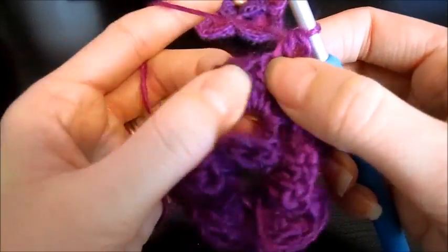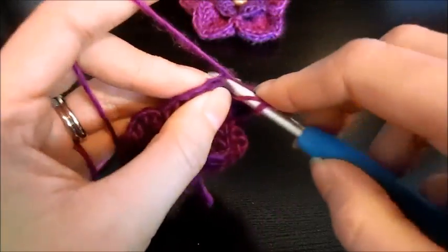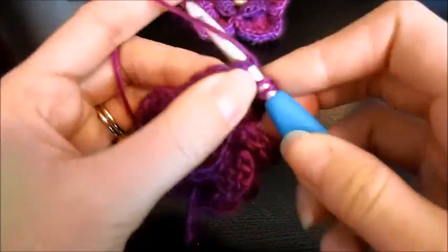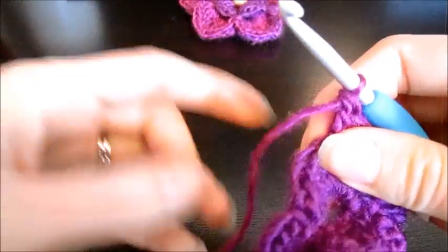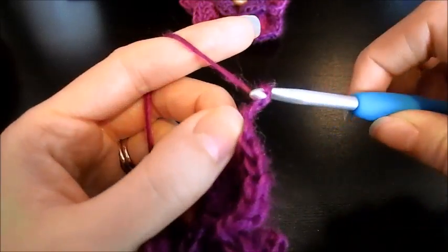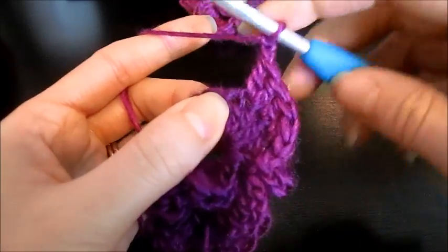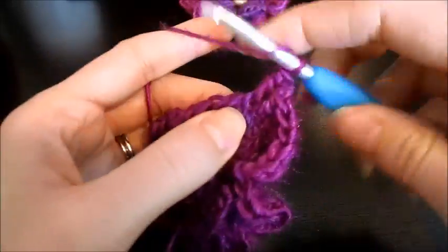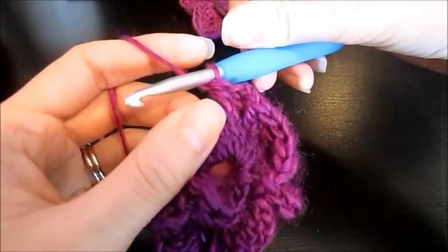Okay, in the next stitch we're going to put 2 double crochets into the same stitch. Alright, and now to form the point at the top, we're going to chain 2. And then we're going to double crochet 2 into the next stitch. We're going to put 2 into that same stitch. So that's 1 and 2. And as you can see, it's formed a little point there,